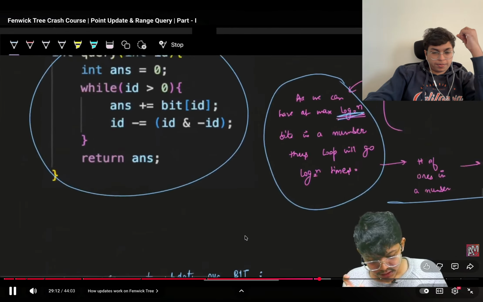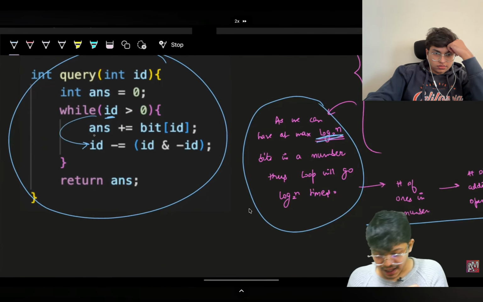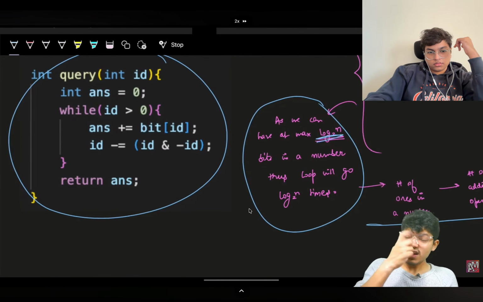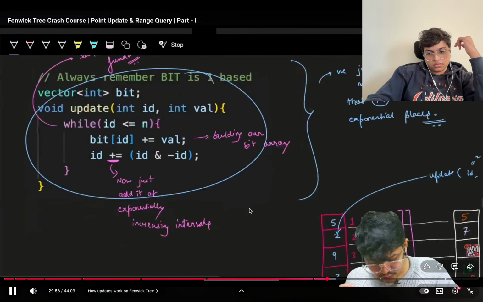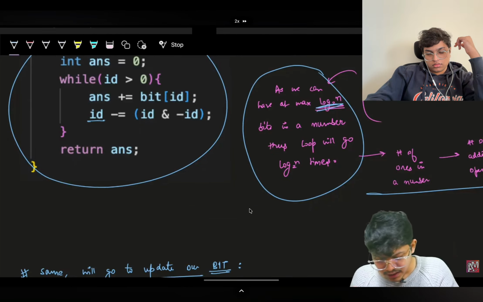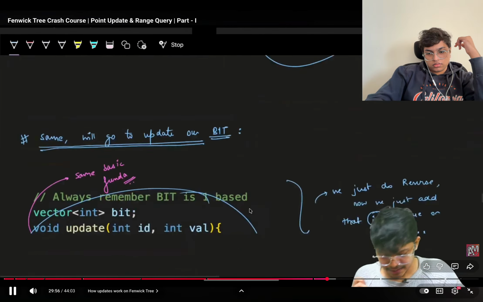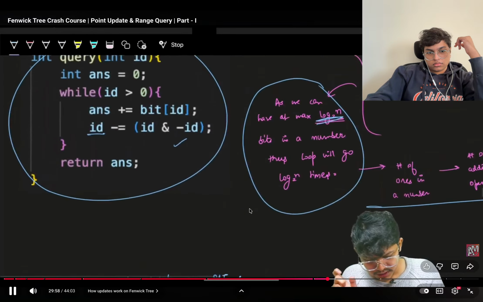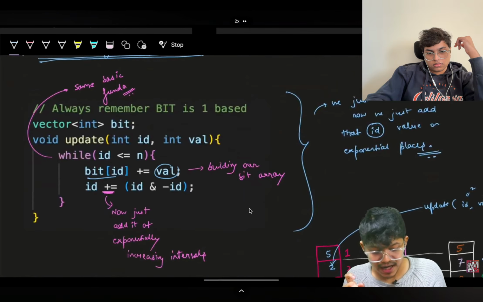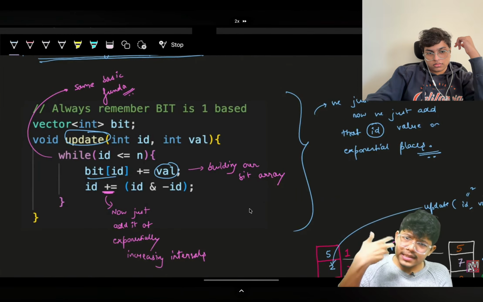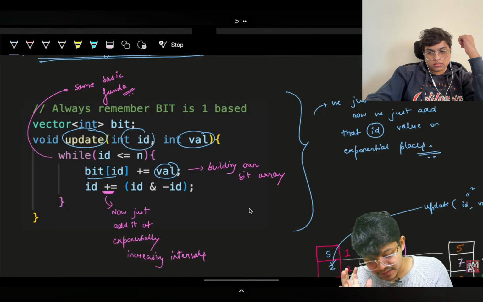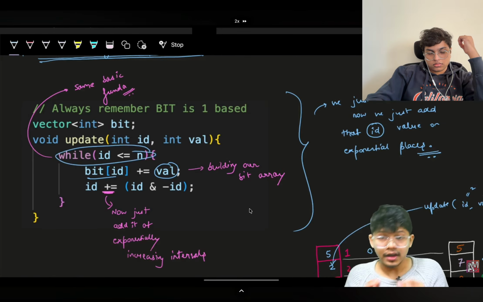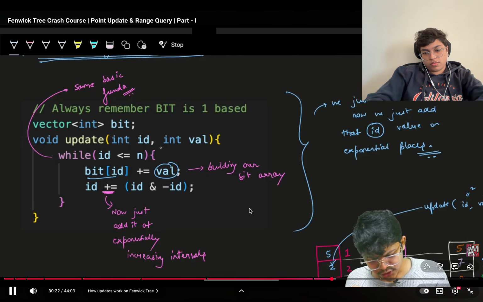Going back to this code, you had your ID, you were removing those elements and adding that in your answer. Now I will use a reverse funda. From the number, I will keep on adding. So remember this, so that you are fast in it. What I will do is exactly the same, as you saw that I'm simply adding to my answer the bit value. In my bit value, I'll simply add the value itself, because I'm updating it. As you can see, this simply says update the index with that specific value. Because I'm starting and going on updating, until it reaches the end,